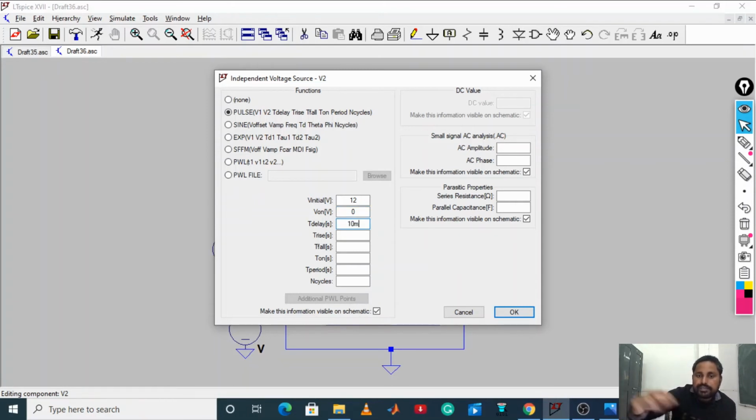Suppose we are giving this input, meaning switch S2 we are applying. Rise time and fall time we are keeping at 0 because it must rise and fall smoothly, and suppose we are making the on period 4 millisecond and the total time period 5 millisecond. What does it mean? If you see,